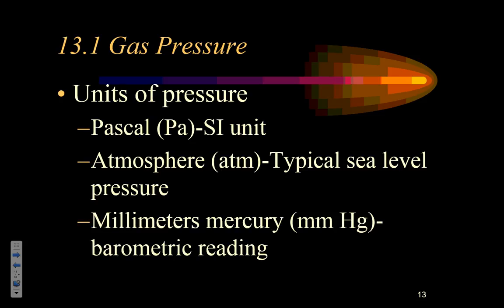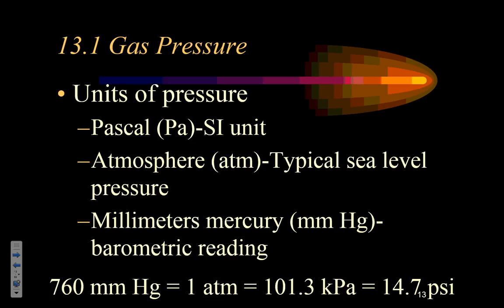And then the last one we see, and this is really because of barometers and manometers, ways in which we have of measuring different types of pressure, is millimeters of mercury. Well, how is a length a pressure? Well, remember, if you have a length of a very specific diameter of mercury, the taller that column of mercury is, the more pressure it's going to exert downward. So millimeters of mercury, a length of mercury, can also be a form of pressure, but it's really a very specific diameter column of mercury we're talking about. And barometers are commonly columns of mercury, so we measure them in millimeters of mercury.